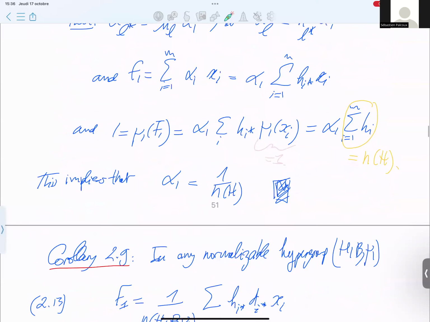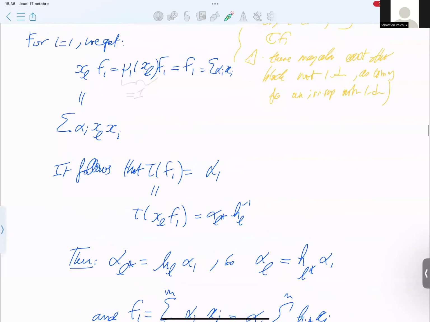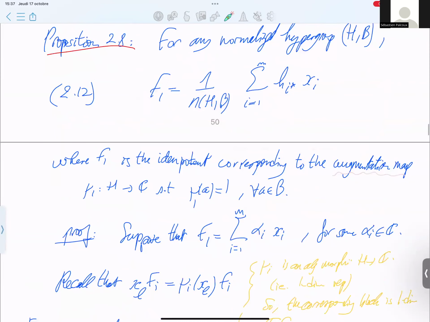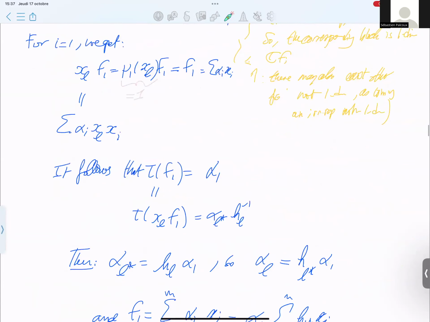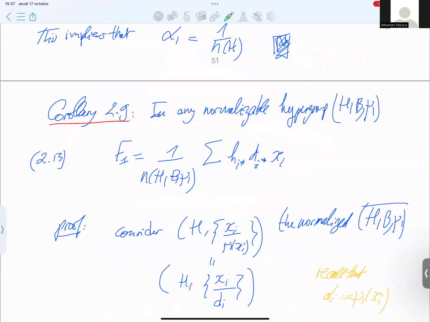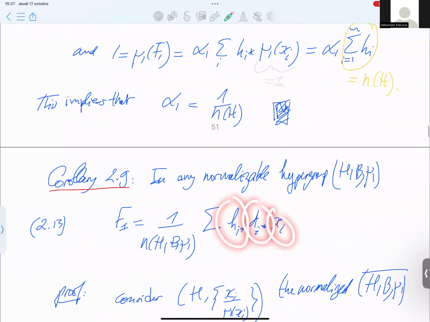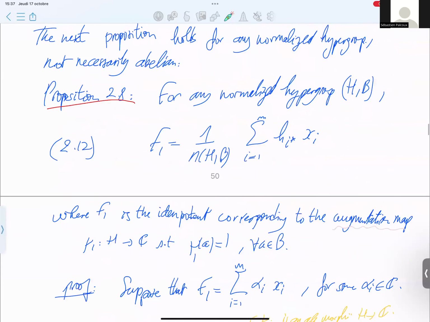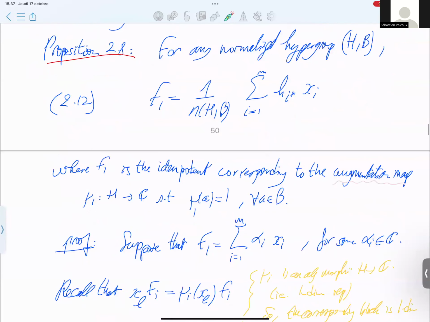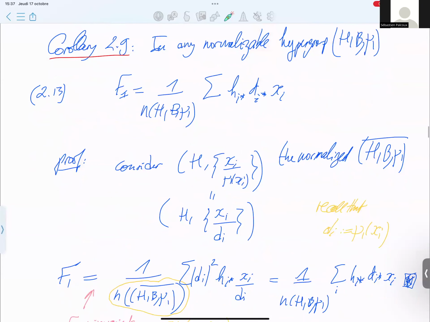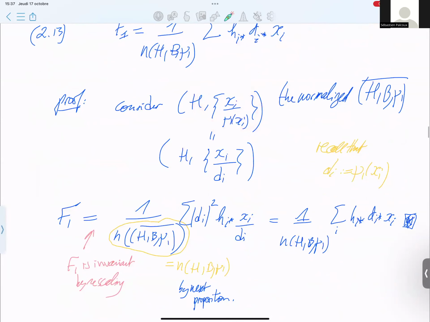Okay. So we have the formula for the normalized case, but for the normalizable case, you have the same kind of formula. The difference here, so you have hi star, di star, xi. And here you have only hi star. So you have an additional di star, because it's normalizable, okay? And so you just take the normalized case and you apply the previous formula and it should be